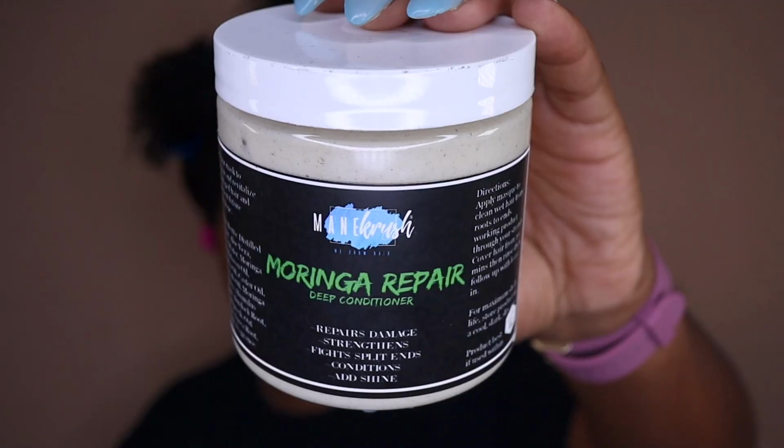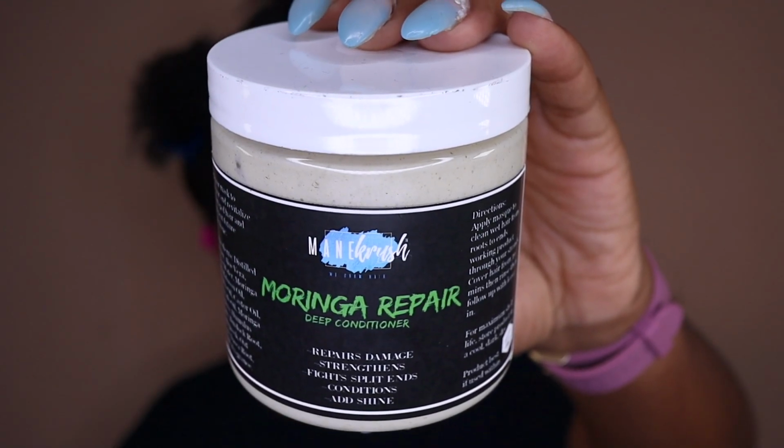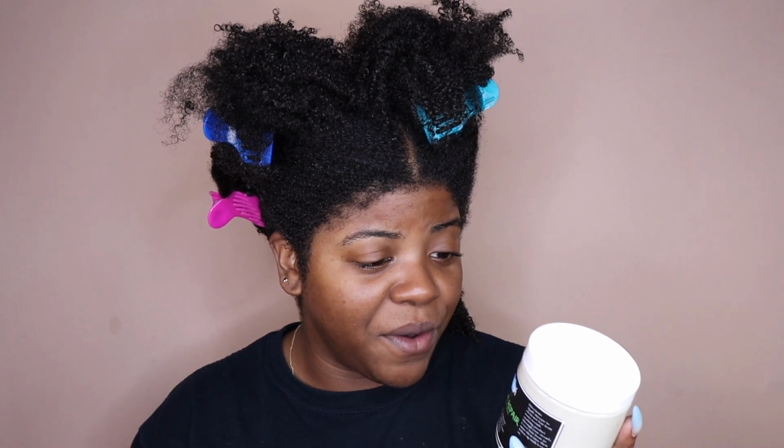Before I start applying though, we gotta talk about the product. So again, this is the Moringa Repair Deep Conditioner. It says it repairs damage, it strengthens, it fights split ends, it conditions, and it adds shine. Krush always has amazing ingredients, a pretty short ingredients list, so I'm gonna read all of them to you. So there's distilled water, aloe vera, rose water, moringa oil, babassu oil, jojoba oil, castor oil, avocado oil, Moringa oleifera,